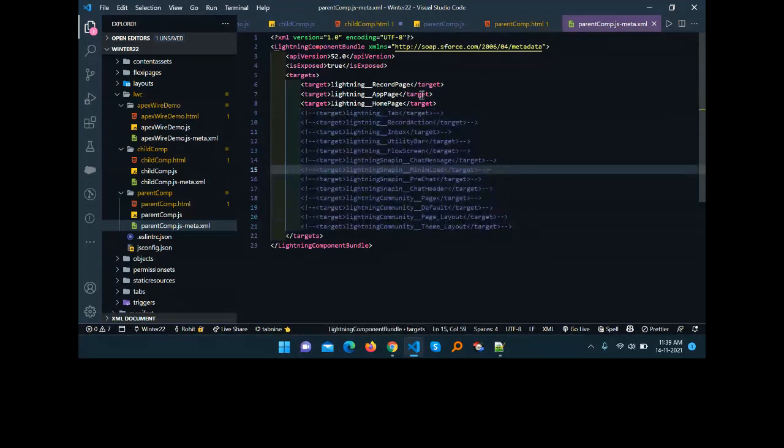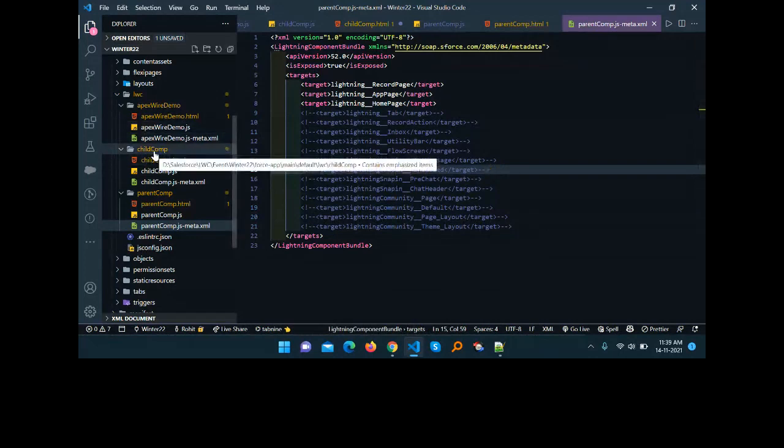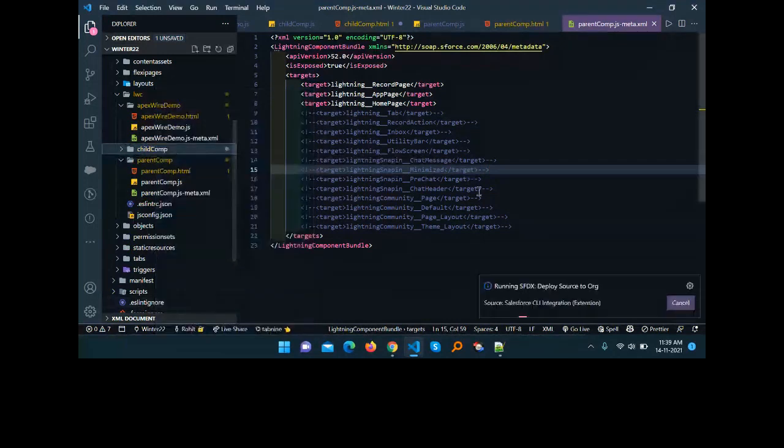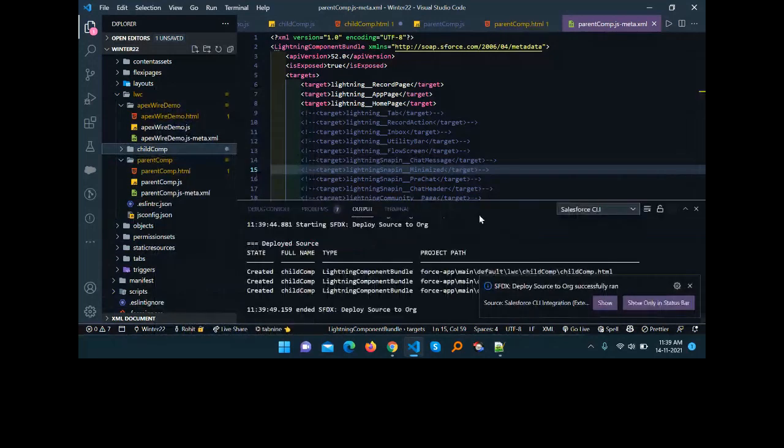So just save it, and then you have to deploy this component. How to deploy, you know very well. First of all, we have to deploy the lower component, that is called the child component, first. Just click this sfdx deploy source to org. With this folder, just right click and deploy your component. Here you can see deploy source to org successfully run.